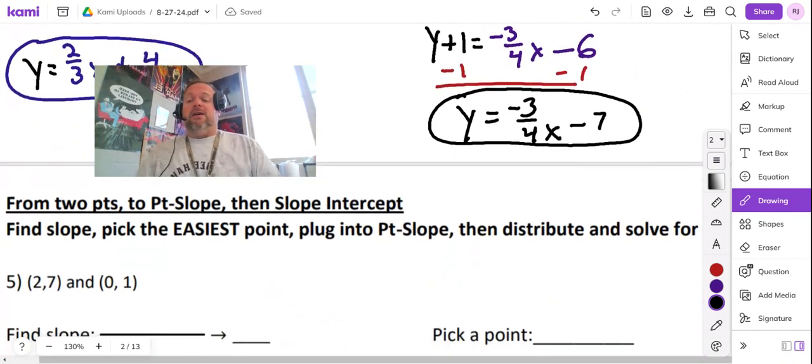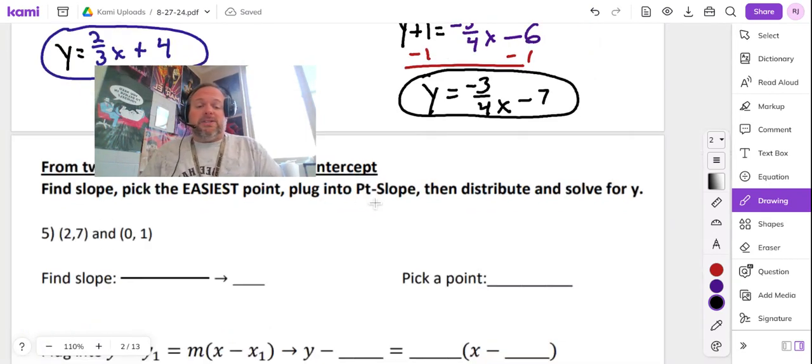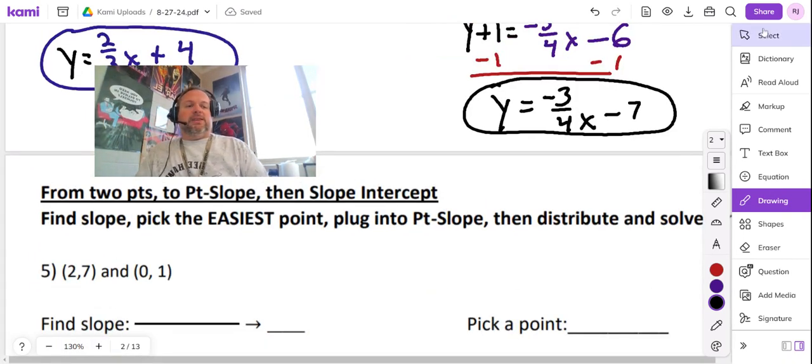Because, all right, now, it says find slope between the 2 points. Plug it in the point slope, distribute, solve for y. Okay, this is the whole process. Okay, and this is where people start saying, oh, it's hard, it's difficult. Only because it takes a little bit longer, but yet the people,